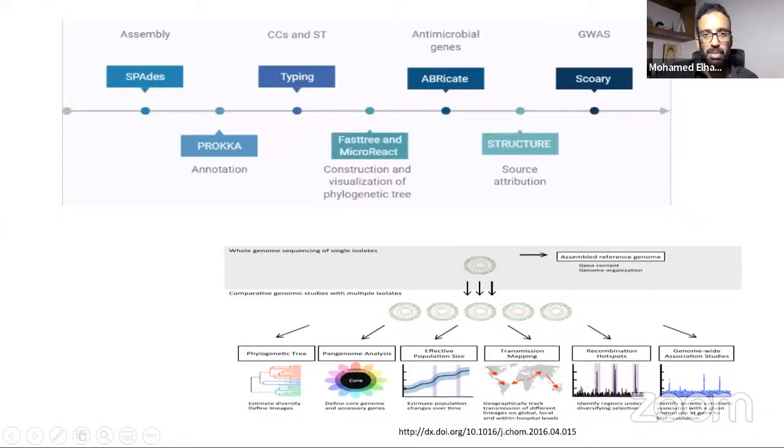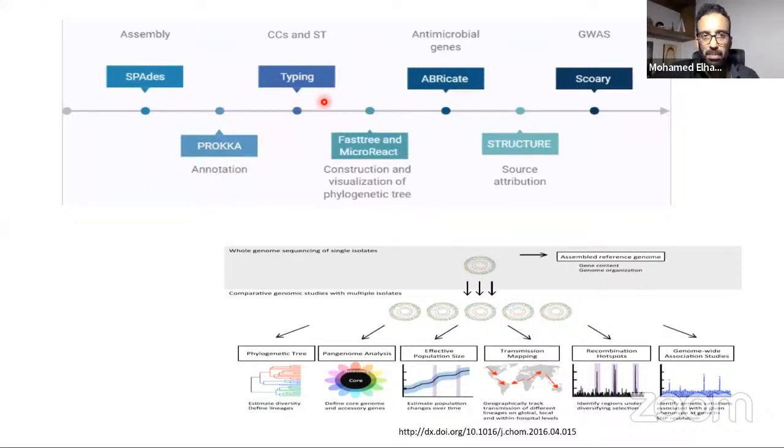This workflow can be implemented across different bugs. We do sequencing, then we assemble, because we are using short read sequencing, so you usually assemble it like a puzzle. We usually use SPAdes, yet in our experience SPAdes is not the top-notch approach. We can use Unicycler as well. And we do annotation with Prokka or Bakta or Rory and so on.